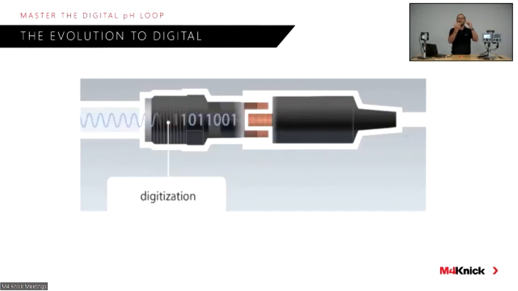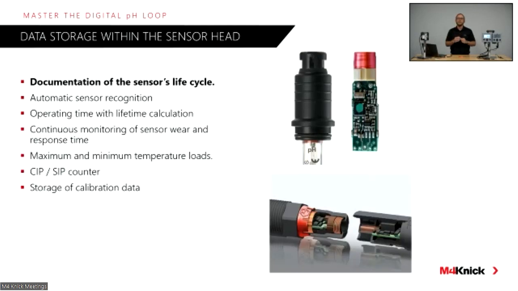And we're talking about digitizing that, taking that analog signal, that small voltage value, and converting it to ones and zeros in the head of the sensor. And the way we do that is through a chip, a microprocessor in the head of the sensor. So as you can see here with this exploded view, the image on the right, the sensor head itself contains